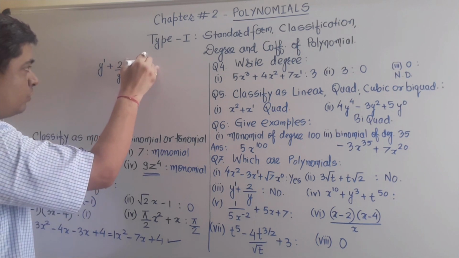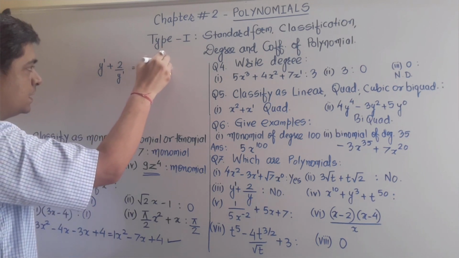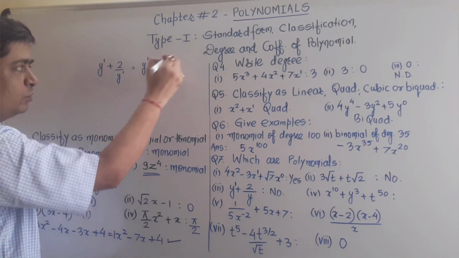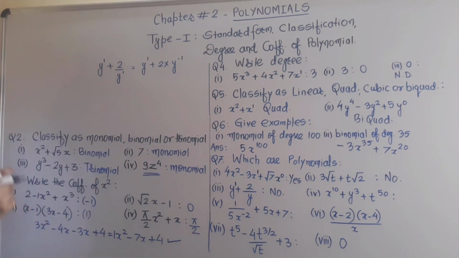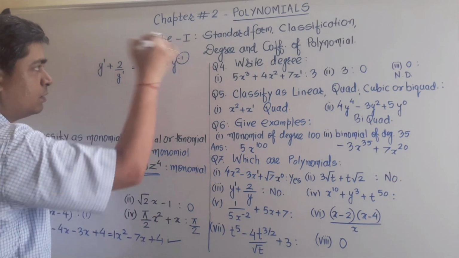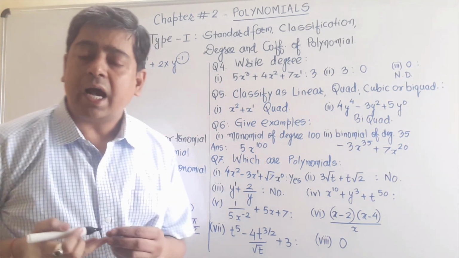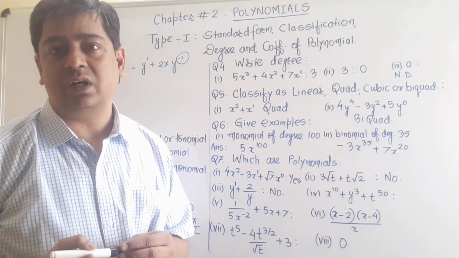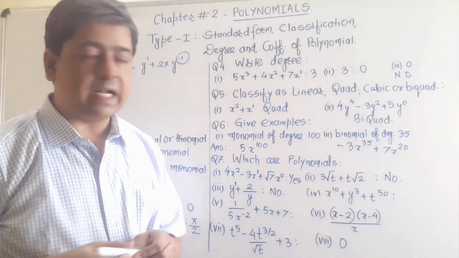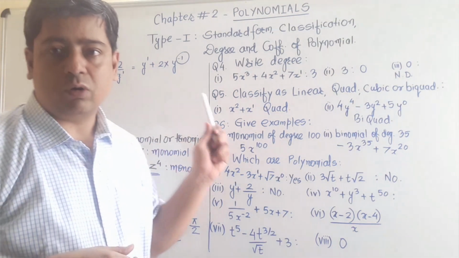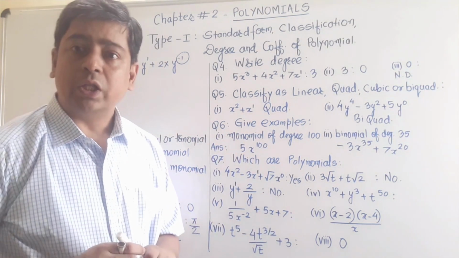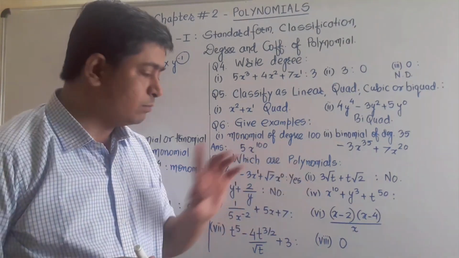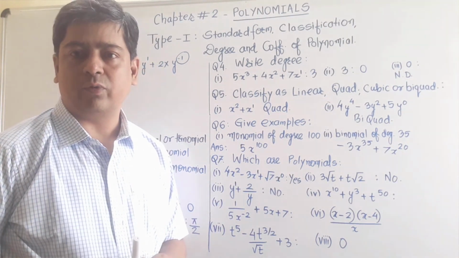So first of all this term I need to bring at the place of numerator. So y to the power 1 will be as it is, and if this comes at the place of numerator, its sign will change, it will become minus 1. Now you observe this power is becoming minus 1, and minus 1 is not a whole number. So we can say that this is not a polynomial also. So here the answer I have already written as no. Now let us see part number 4. In part number 4, see what they are saying.